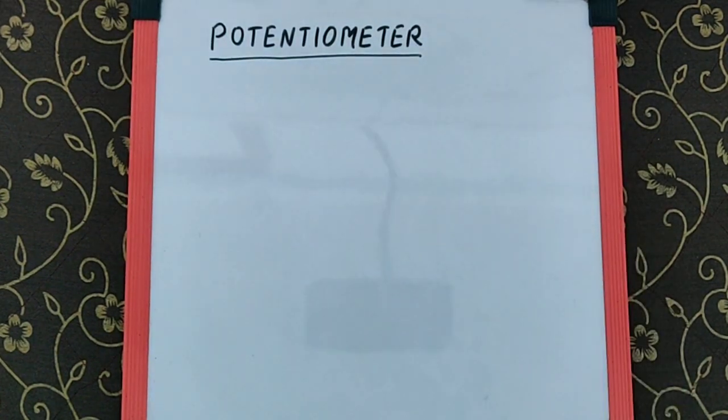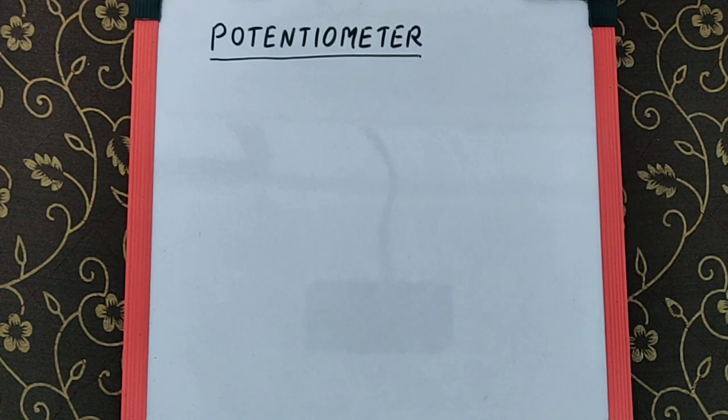Imagine you have an instrument by which you can measure the EMF of a cell. Yes, I know that you already know an instrument known as a voltmeter, but don't you think that when you measure with a voltmeter, the internal resistance of the battery creates a lot of problems, because the voltmeter does not measure the EMF of the cell accurately? Moreover, ideally the voltmeter must have infinite resistance, but practically, as you know, it's not possible